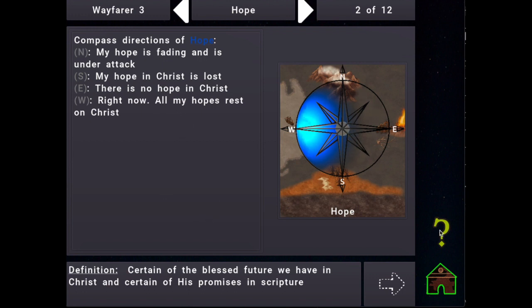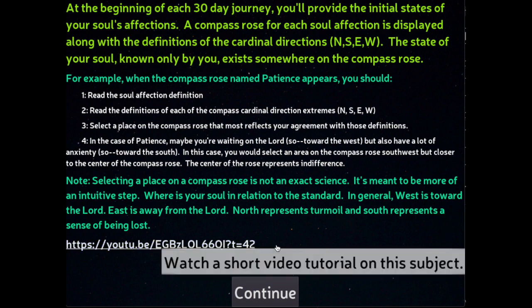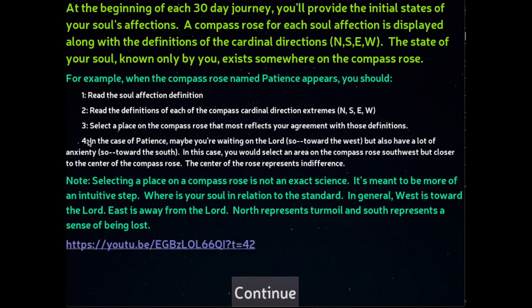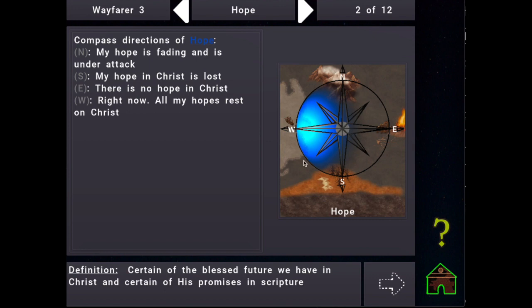To get a quick help screen, you can always select here, and it even gives an example, number 4 here. You can select anywhere on this compass rose. It has to do with your own discernment. These are the extremes. But if you are feeling pretty positive that you're going in the right direction, your hope is on Christ, but also you're feeling lost, maybe back and forth, there's a tug of war, then I would select an area in between